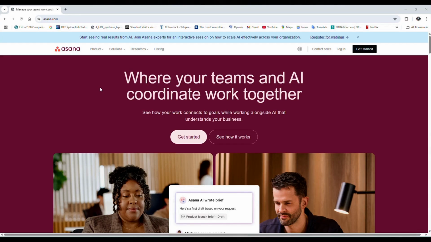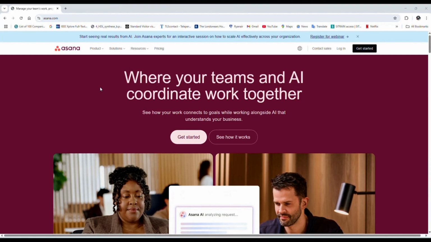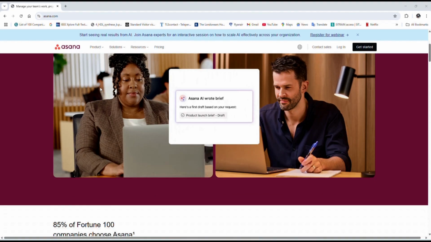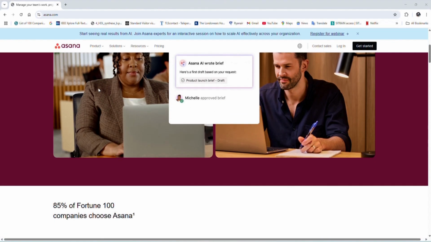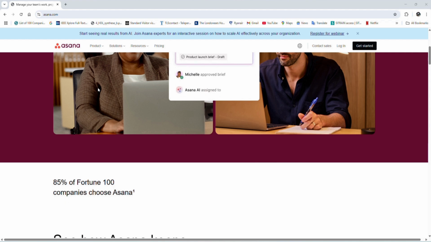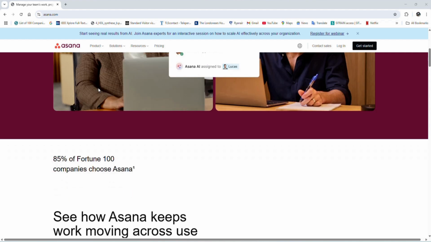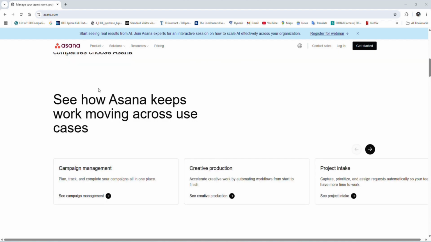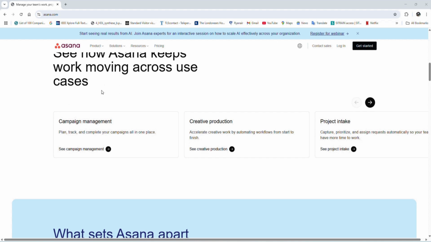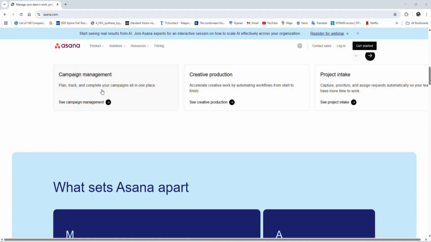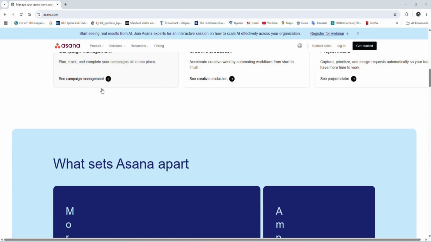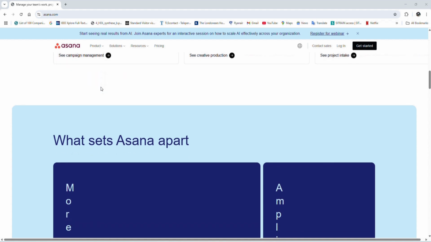Let's start the video. Hello and welcome to Asana tutorial. Asana is a comprehensive work management platform designed to help teams plan, organize, and manage projects, tasks, and communications in a shared space. Asana is a web-based project management tool. It's also available as a desktop app and mobile app for both iOS and Android. So you can access Asana through your web browser or install the app on your desktop or mobile device to